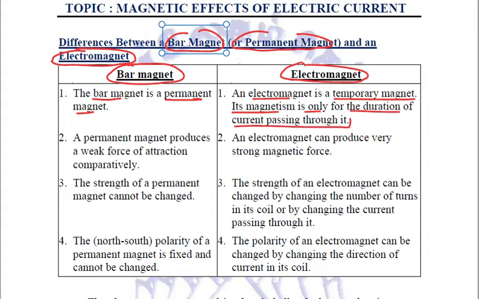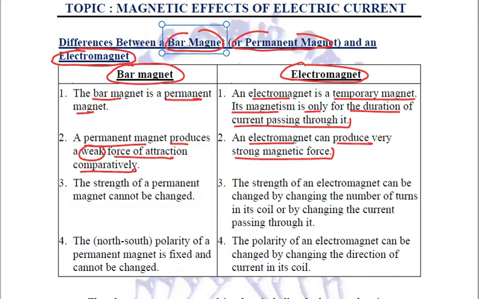The moment current is stopped, the magnetism is lost. Second point of difference between a bar magnet and an electromagnet is that a bar magnet or a permanent magnet produces a weak force of attraction comparatively, whereas an electromagnet can produce very strong magnetic force.